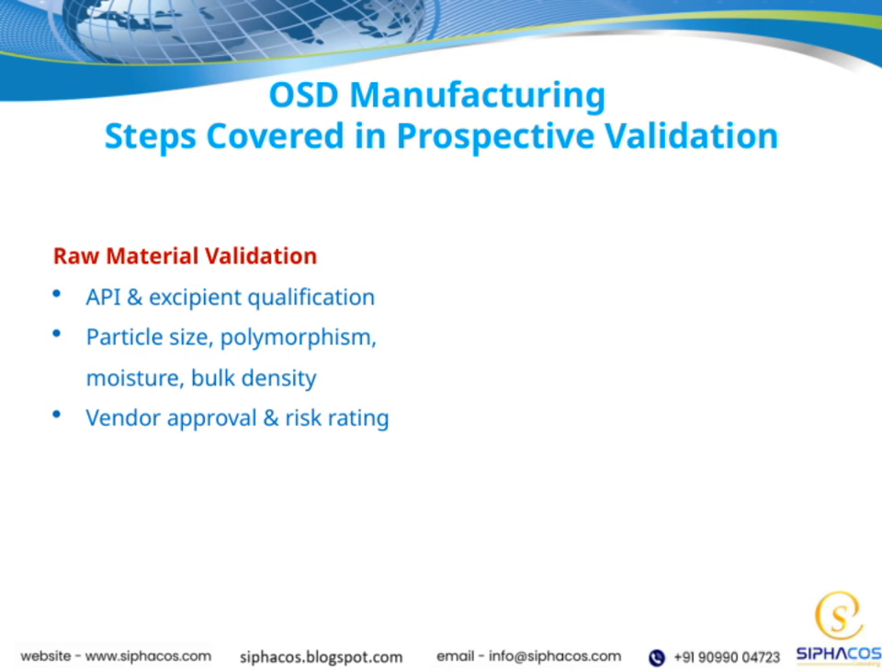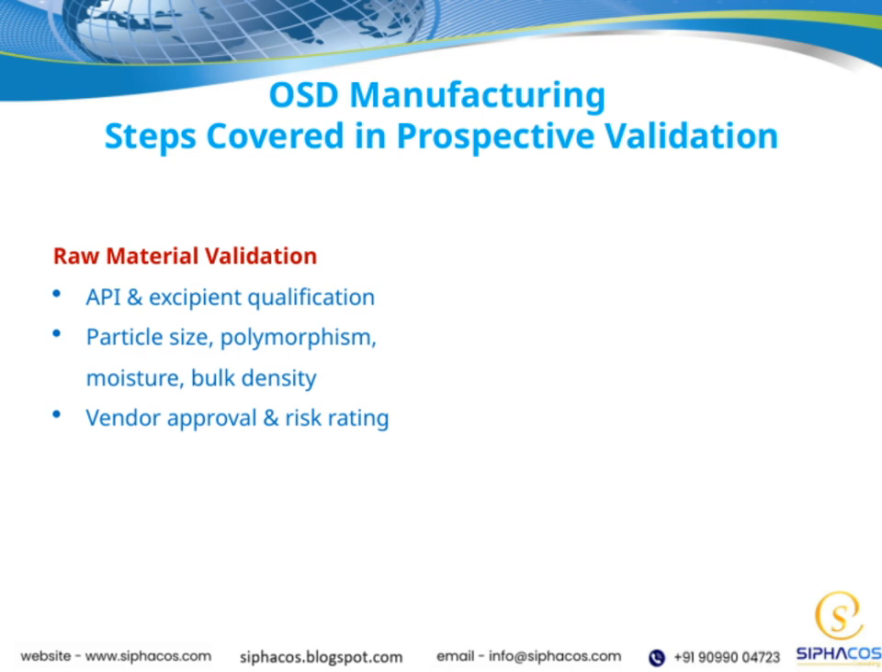Moving on to OSD manufacturing. This is where all these validated raw materials come together in the actual production process. Finally, when we talk about the steps covered in prospective validation, it's about proactively ensuring that our manufacturing process is robust and reliable before full-scale production begins. It's a comprehensive approach to confirm that everything will perform as expected, aligning with our overall goal of quality assurance